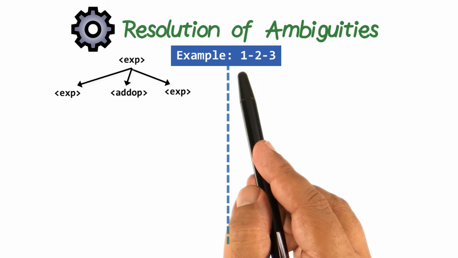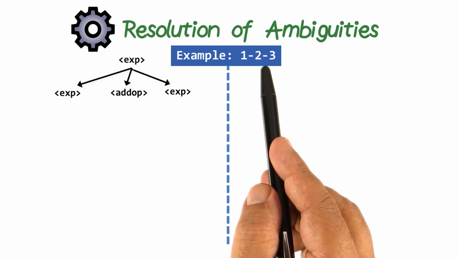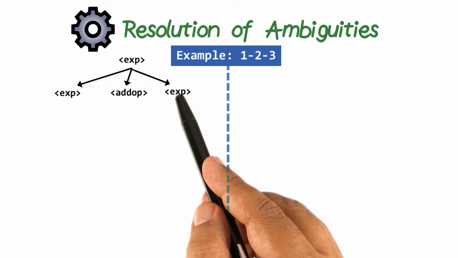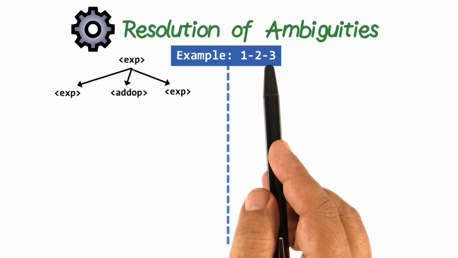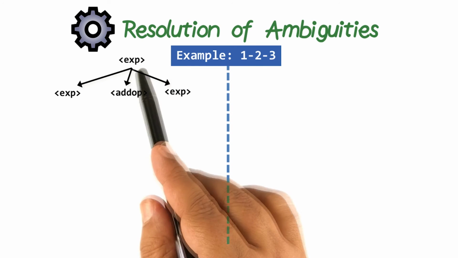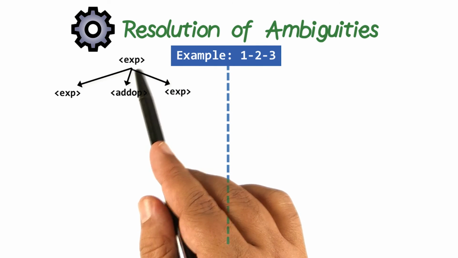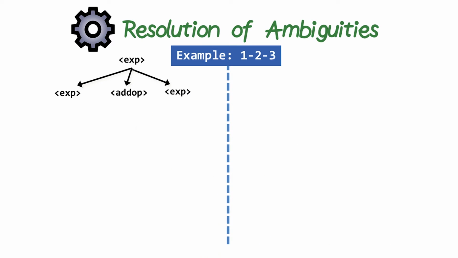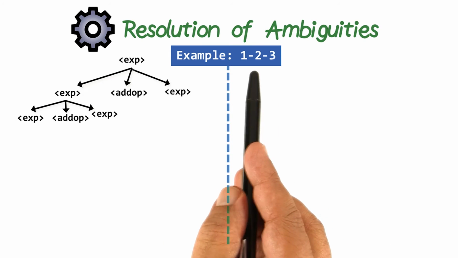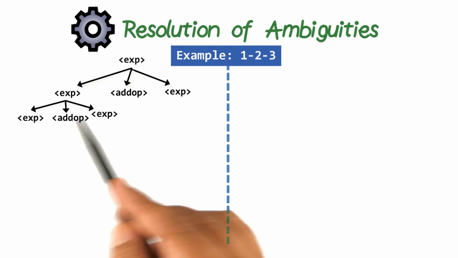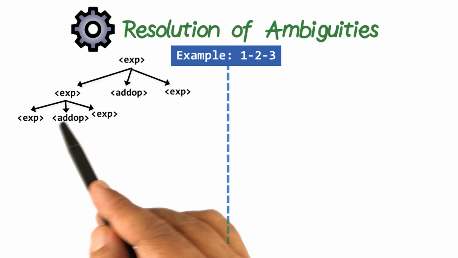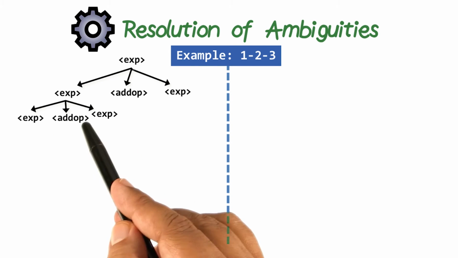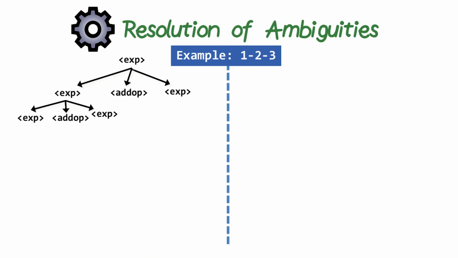And so first we are going to demonstrate how the ambiguity is present in the original grammar, and then we are going to show you how the modified grammar removes the ambiguity. So let's start here. What is going to happen here is, first we are going to apply this rule of expression, add op, expression, and we are going to choose to expand the left hand side first. And so in this particular case, we're going to expand this to expression, add op, expression,